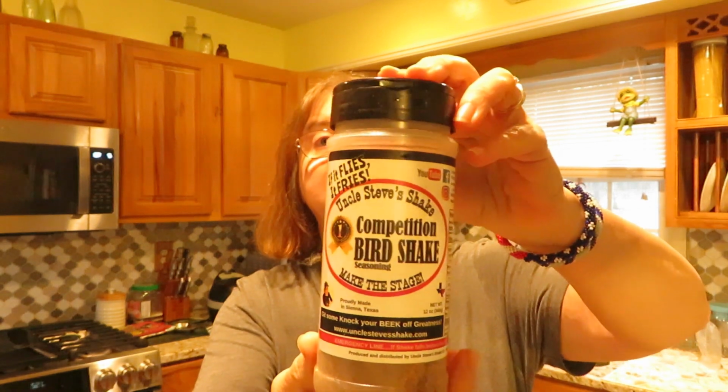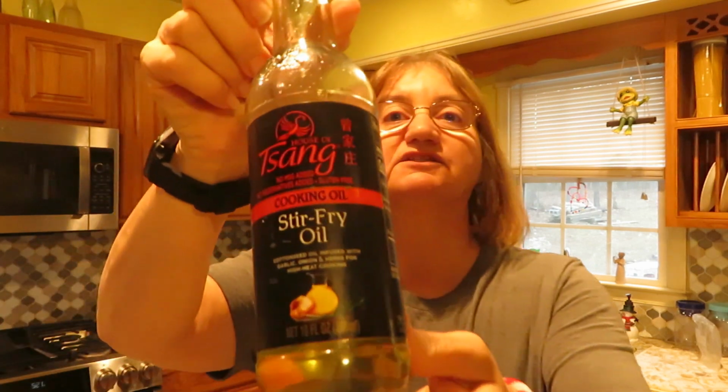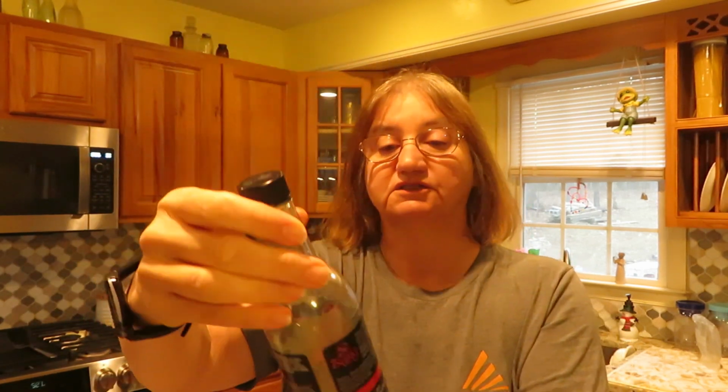I'm going to start with 2 chicken breasts. I'm going to saute those in the pan. I'm going to season them up with a little bit of the Uncle Steve competition bird shake. That's always good. I'm going to use some Tang stir-fry oil in my pan, and this is infused with some garlic. So we're going to saute our chicken up in the pan,